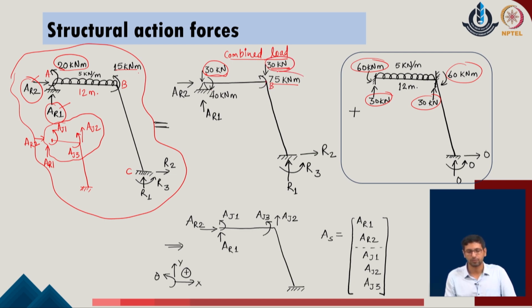We understand that at the joint 2 or at the joint B, in this problem there is an active load of 30, there is a moment of 75. So, I have to consider the corresponding AJ2 and AJ3 in the given directions, because those are the one which are responsible for making any possible deformation in this determinate system. So, as a structural system, now we define the structural system has AR1 and AR2 as the two redundant parts, and AJ1 to AJ3 as the three action forces of the given joints.